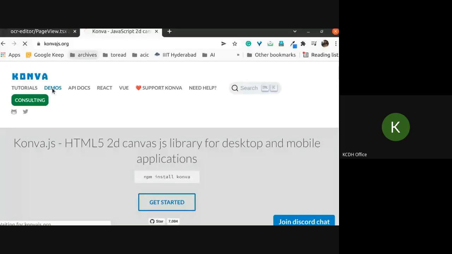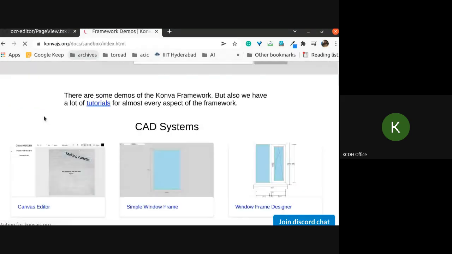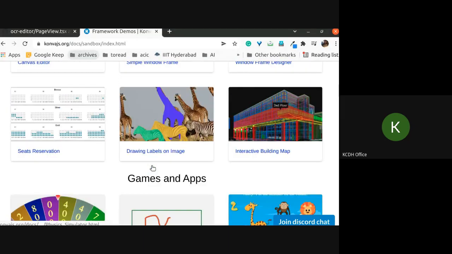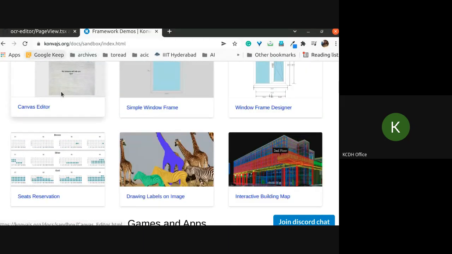You can do a lot of manipulations in a canvas. Since we need to display the image highlights, we use it. For example, if you want to make an Adobe kind of online editor, you can use this canvas. For example, in the demos here, you can do free drawing. You can see a planet image map, a physics simulator. All this is done using Konva.js. So this is one framework that we use for